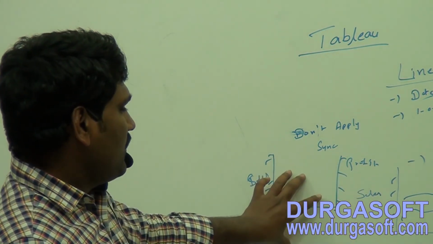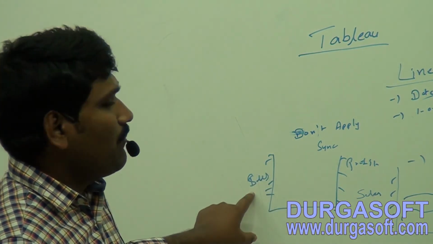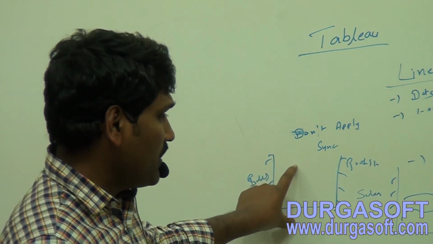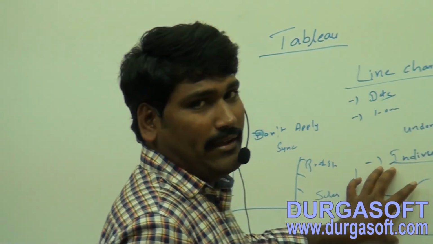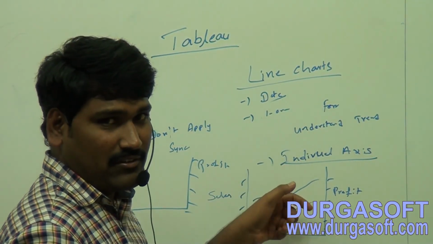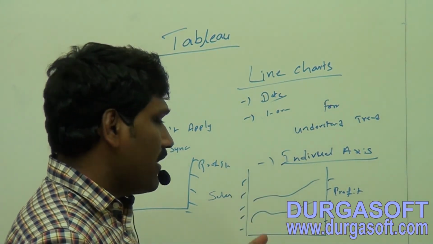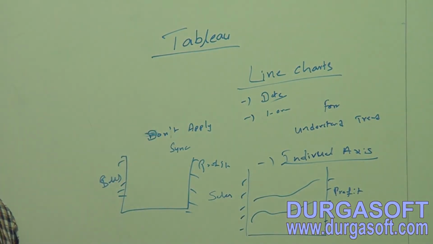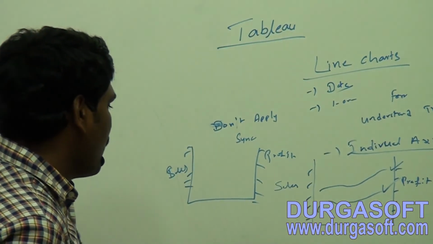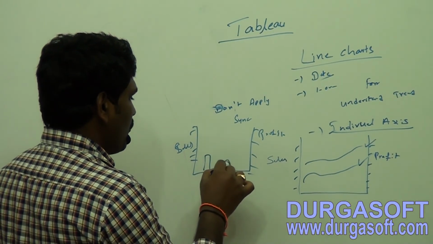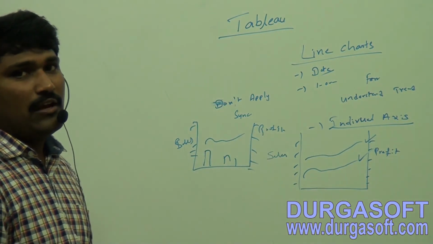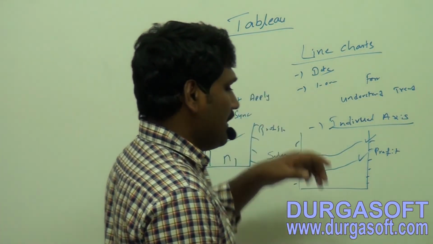Dual combination represents one measure in one mark and one more measure in a different mark. This is the dual combination, where we can say this is dual lines. Dual lines also represent different measures on the same line type, but will not apply a different mark for the different measures. That means dual line we are applying as lines, but in dual combination, one is applied as a bar and one more is applied as a line. This is how the dual combination and dual line differ. Okay, this is what the line chart is.